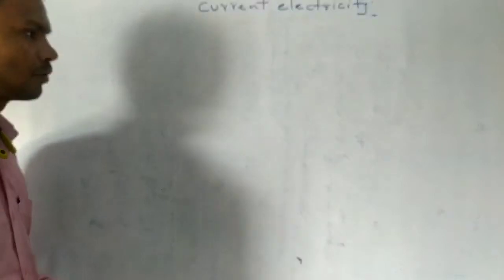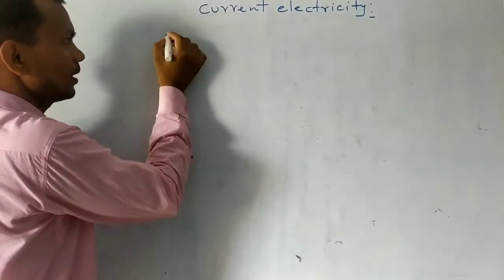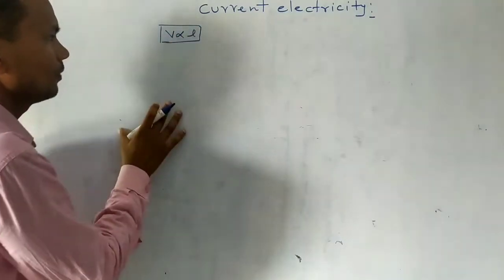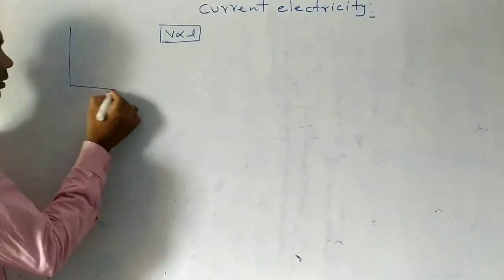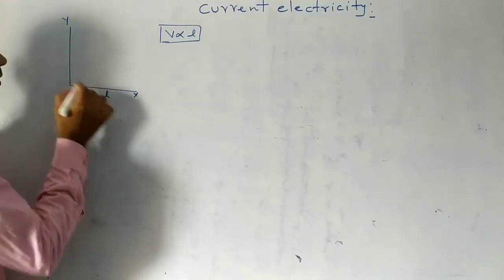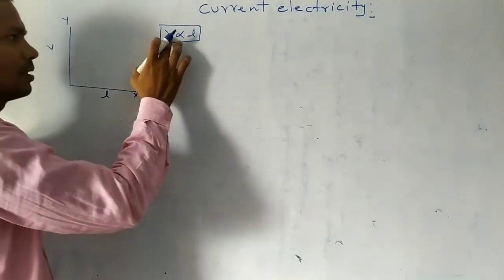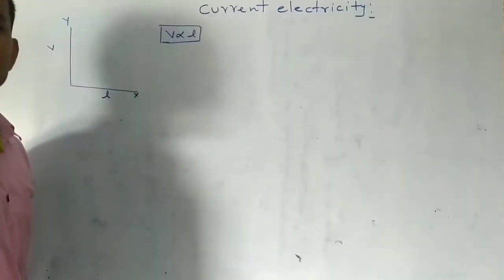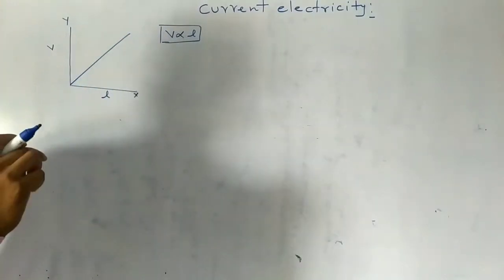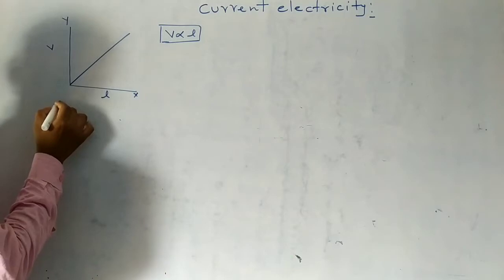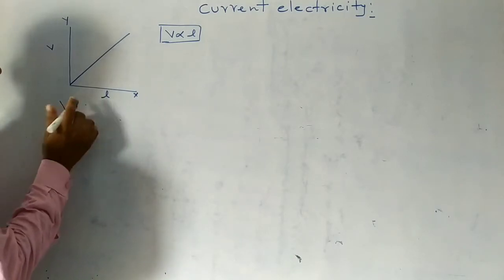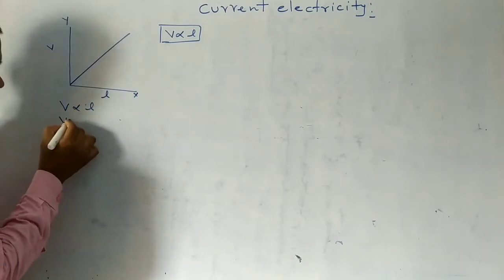So here you have to see, when you are going to draw the graph, since we are getting V directly proportional to L, suppose this is the x-axis and this is the y-axis. Here this is the length, and this is V. Since potential drop is directly proportional to the length of the conductor, the graph is a straight line, right? And one thing you have to see: we have written V directly proportional to L, and V equals what?